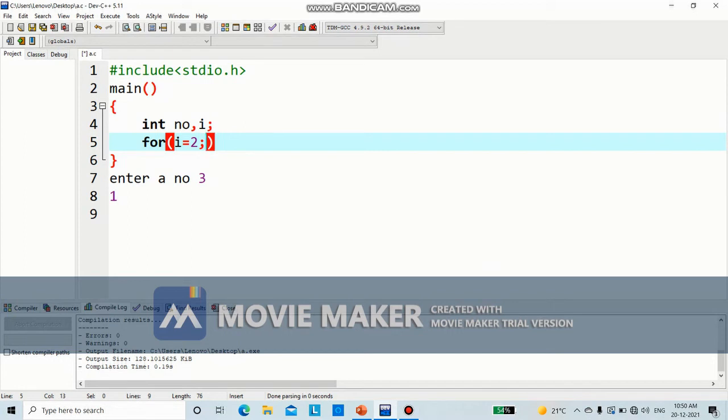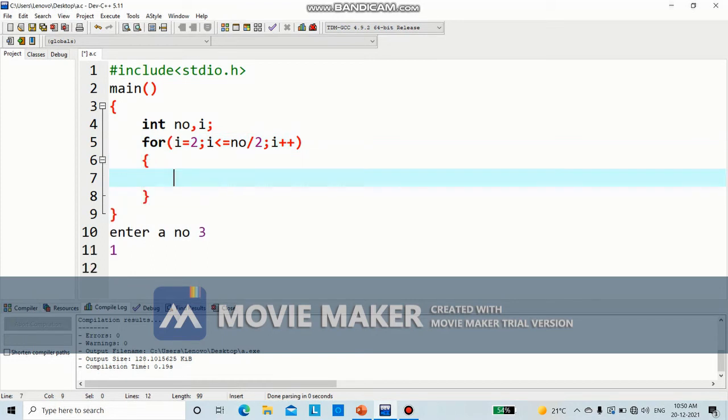Now till what point are we going to check all the numbers? We are going to check while i is less than or equal to number by 2. If I give 5 as the number, to check whether 5 is prime or not, we start from 2 and check till 5 divided by 2, which means 2.5, but since I have taken an integer, till 2 I am going to check. If I don't find any number dividing it, we will say that it is a prime. Now i plus plus, okay.